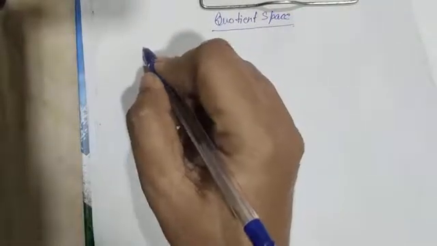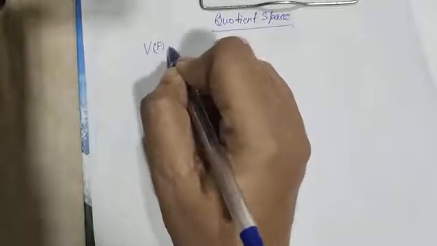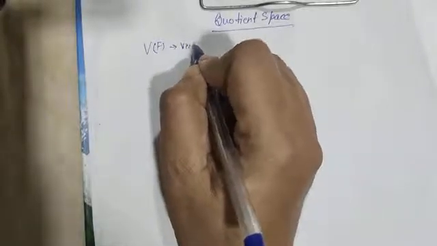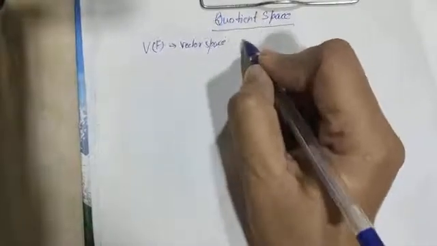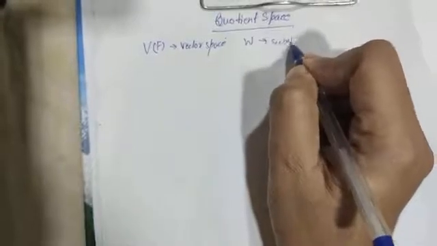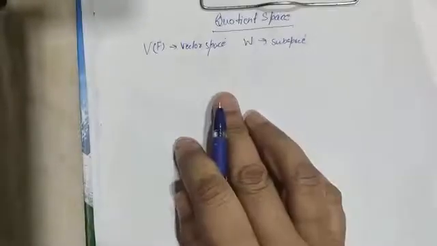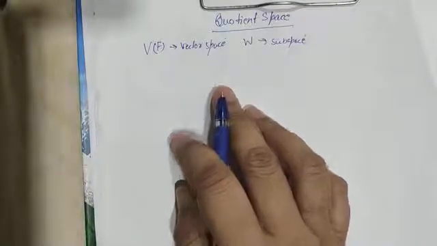Today's topic is quotient space. Let V over F be a vector space and W is its subspace. Then we can define left coset